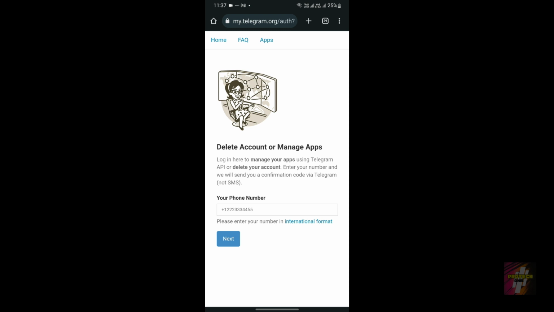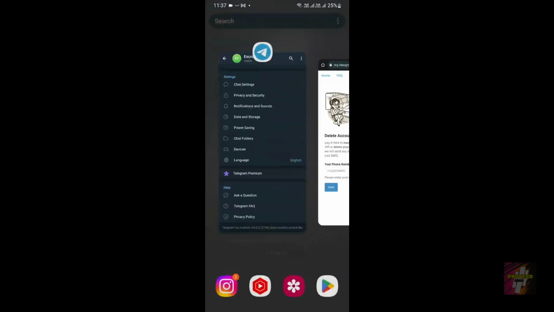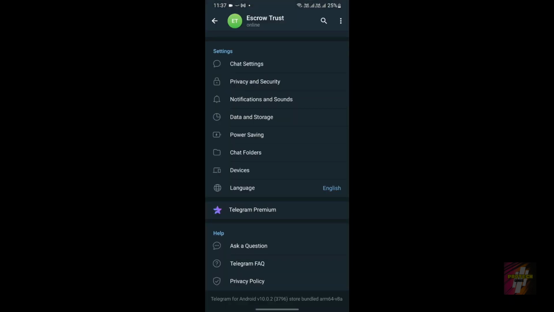This step is common for both iOS and Android devices. Right now I'm using an Android device, and as you can see below, it's Telegram for Android version 10.0.2. The easiest way to reach the page is to click on the Telegram FAQ over here. But before that, I'll show you another way.